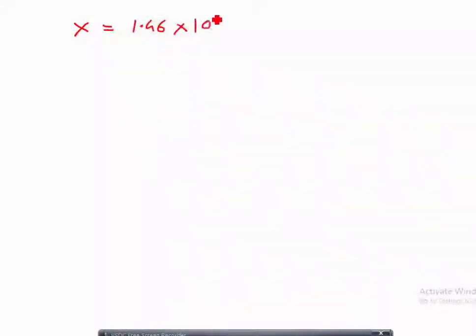You are getting the answer in meters, minus 10 raised to 3 meters. So you can just convert it into mm because it is very small, 1.46 mm. So this is your first answer. Now they have asked you to find out the force transmissibility.